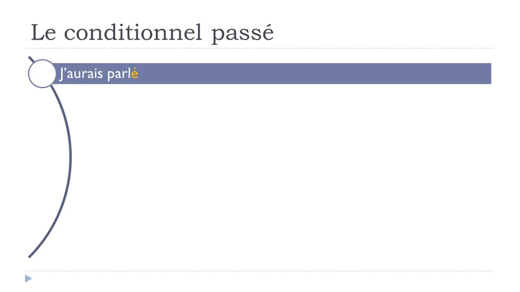So we'll take one example. The example will be parler. Parler is to talk or to speak, okay? So we will have the conditionnel passé form, if you remember. The first part here is avoir at the conditionnel présent, then here we've got the participe passé of parler, and it will give you j'aurais parlé,